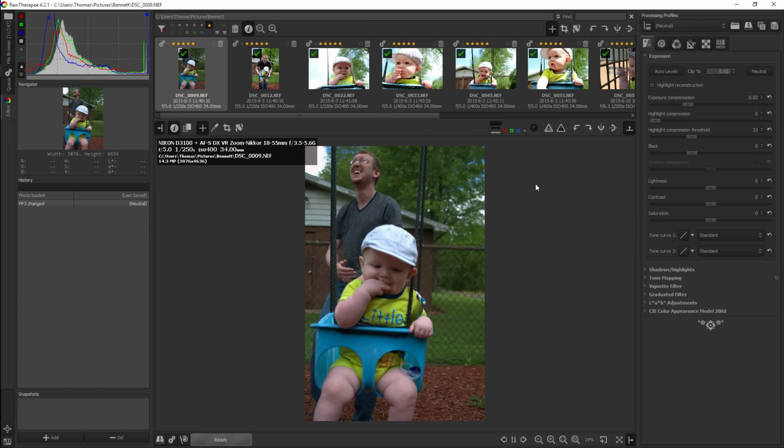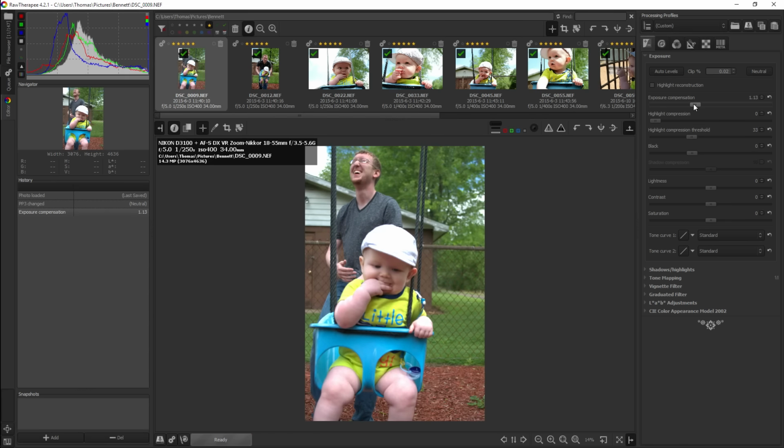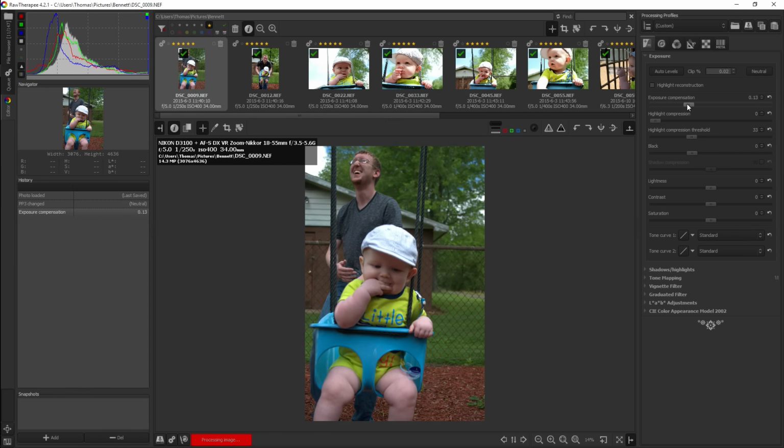Okay, so the first thing I would do is see if the exposure compensation, yeah, let's turn that up a little bit, but not much. Notice the hat gets blown out pretty fast, so we have to be careful here. Maybe instead of adjusting that, we'll